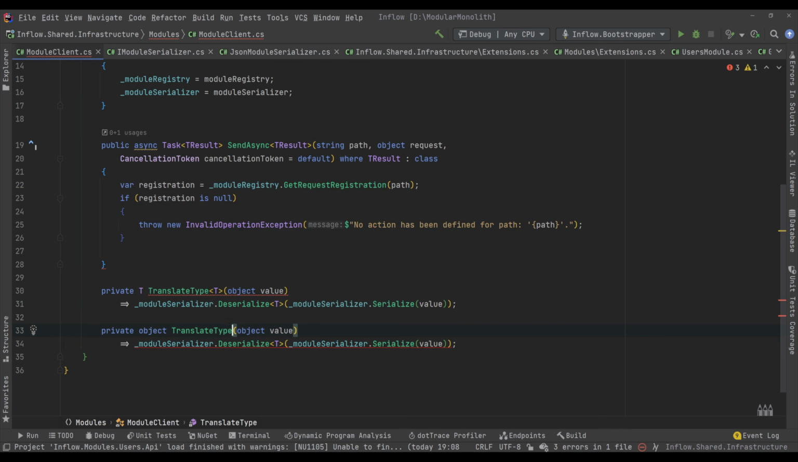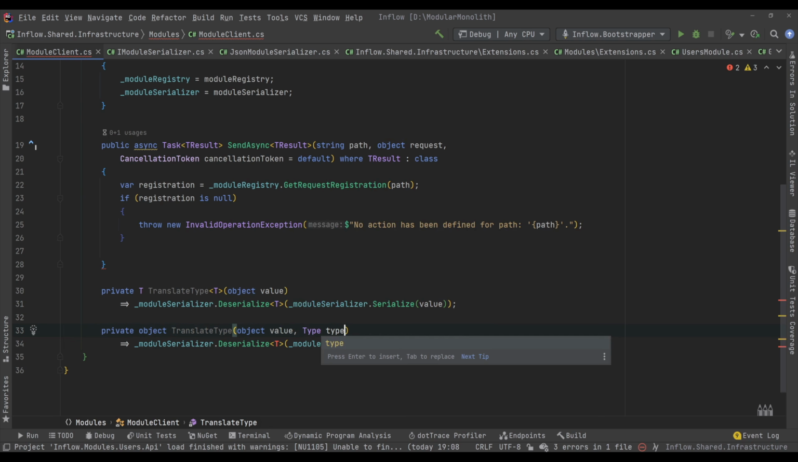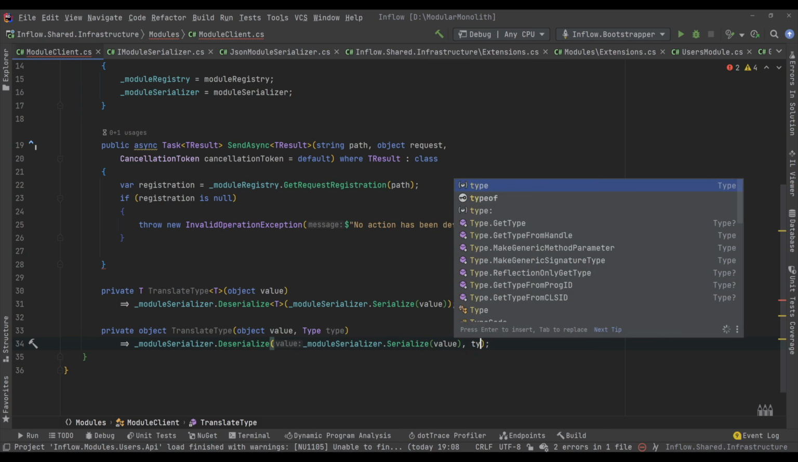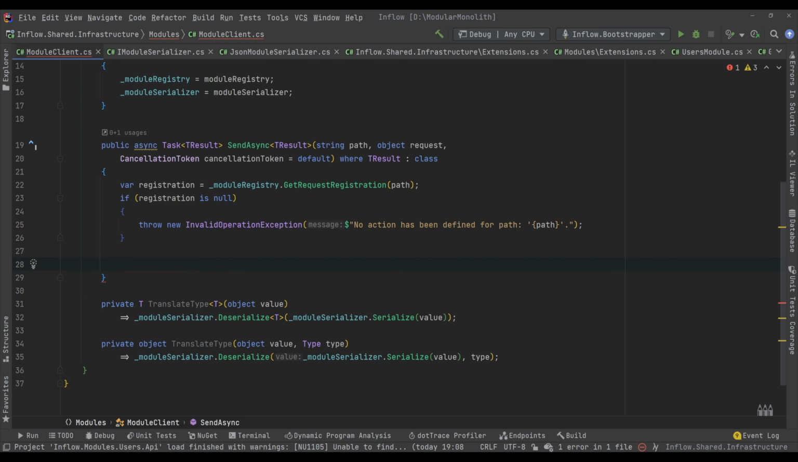So here we will expect a value and the type, some expected type, and then we are going to call our serializer, serialize, provide the value and the actual type. And the type should be between the columns. Right here. So let's get back to the send async stuff, and let's just call our translate type method, passing